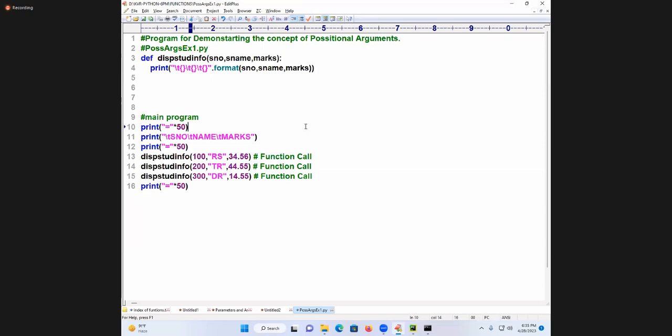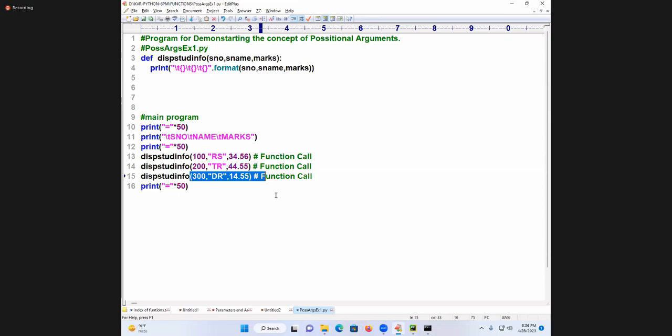Second one is, positional arguments mechanism is used for passing specific data. First one is what information? Rosam information. Second is what information? Travis information. Next is Dennis Ritchie information. Positional arguments are always used for passing which data?